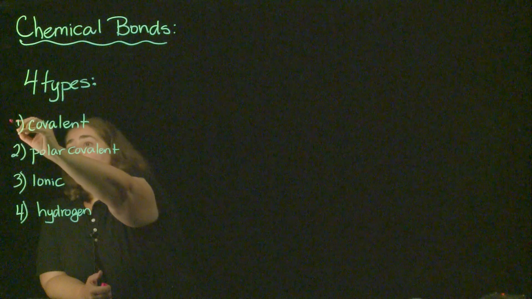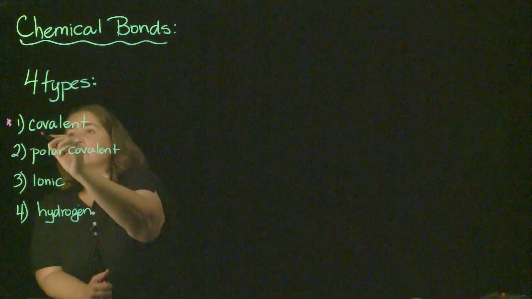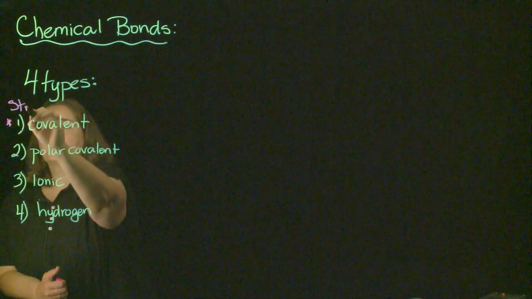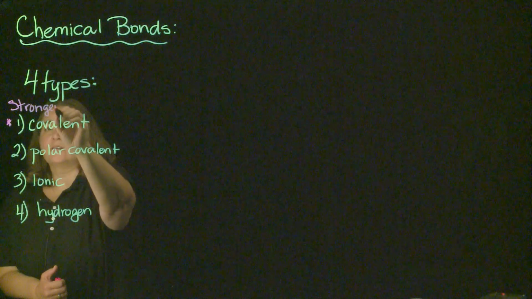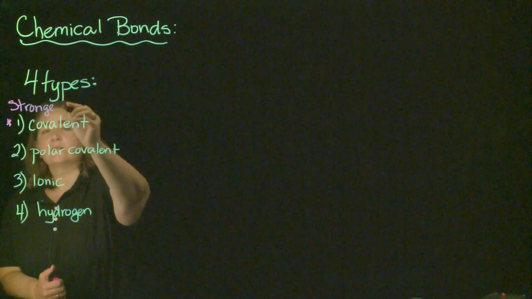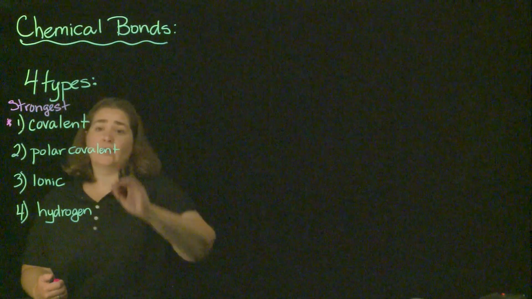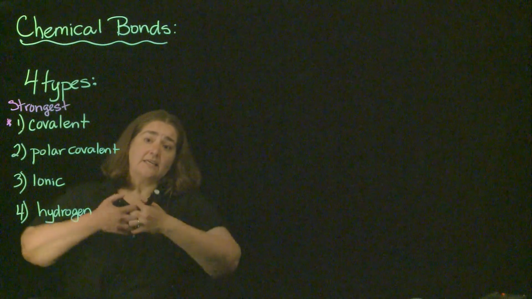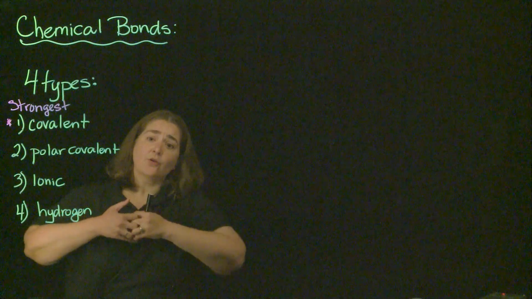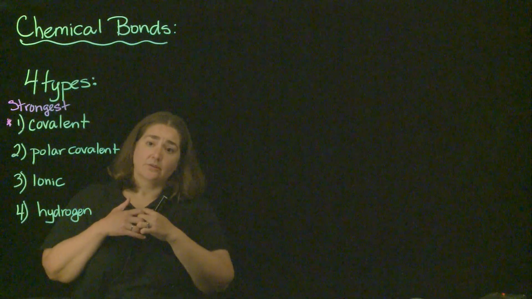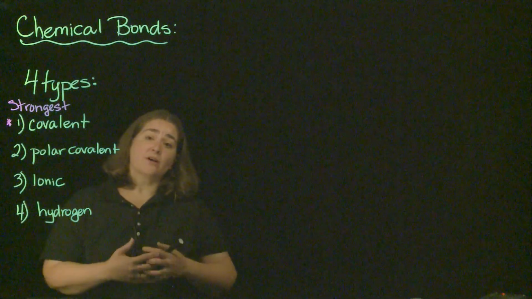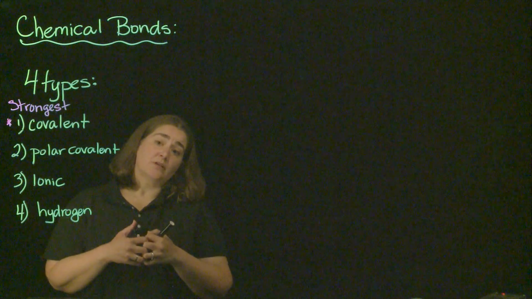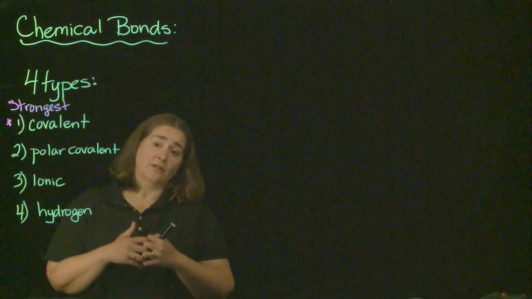All right? Our strongest chemical bond is going to be the covalent bond. Once a covalent bond is made, it's really difficult to pull those back apart. Okay? Covalent bonds are going to be really important because we're going to talk about covalent bonding when we talk